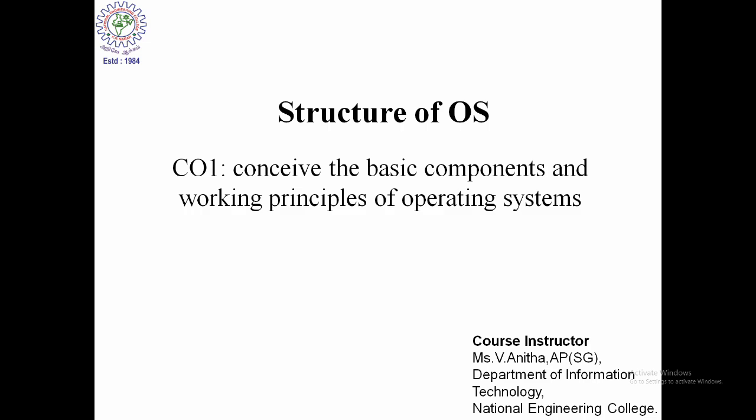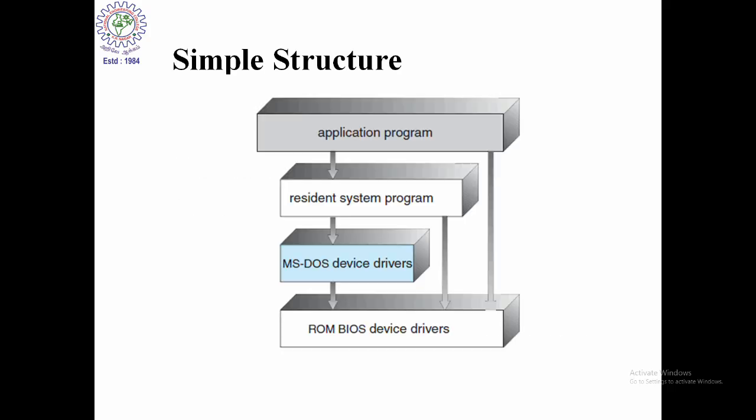So the next topic that we are going to discuss is the structure of OS. In structure of OS there are different types, like the evolution of any system starting from the basic to the present one. We shall see the structures that have evolved from earlier days to the present. At the first turn, while we were using the MS-DOS operating system, the structure that prevailed is